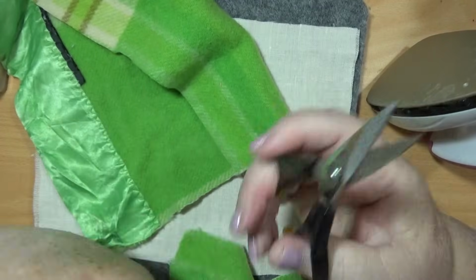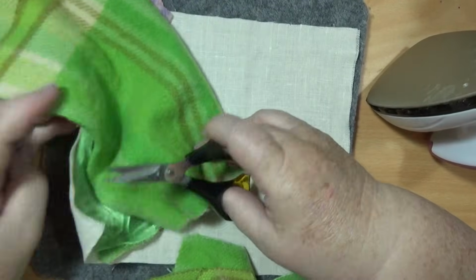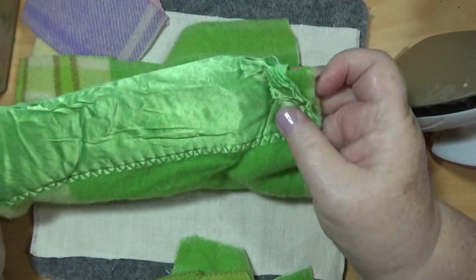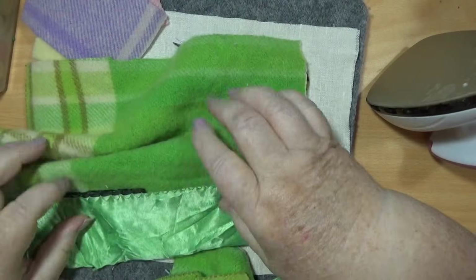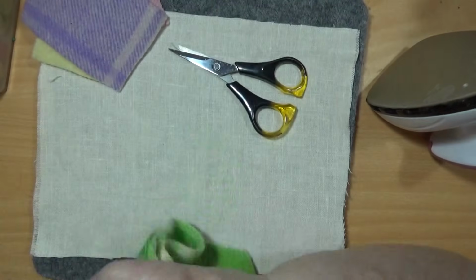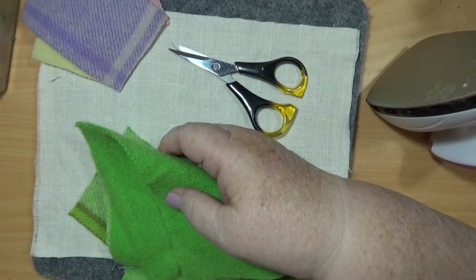That's the peg mark there. I might be able to get that out. I'm keeping this bit. It's still got this little bit. The satin thing didn't turn. It didn't wreck it though. The edging. So there's that one. These might be not all pure wool, but I